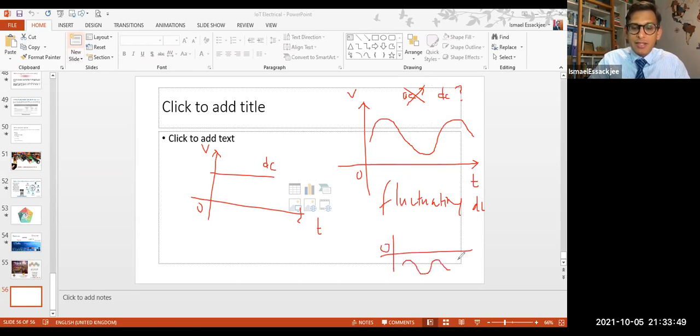It could be like this. This is negative, and it's going to remain negative. But for it to be described as an AC, it should change sign like this. This one is positive, this one is negative. So with a change in polarity, then we see it is AC. Okay. So this is one of the questions that we have in the chat.